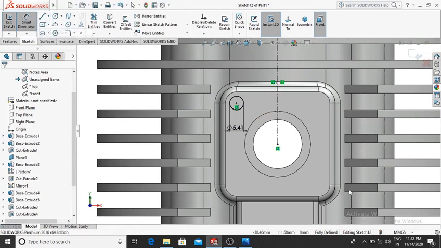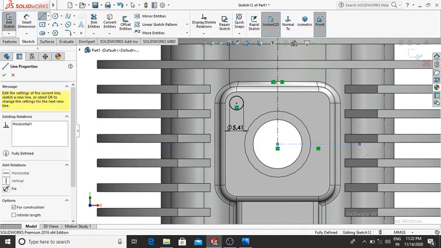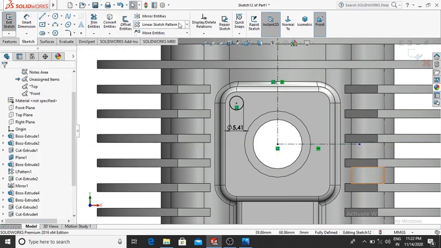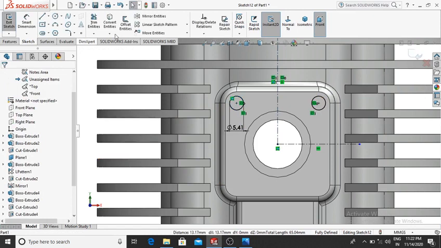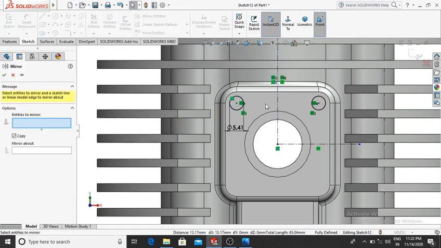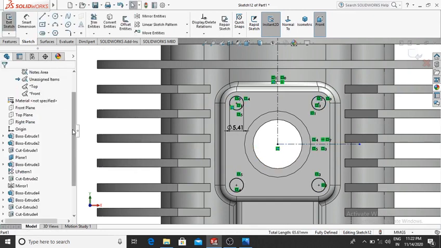Select center line and make the center line from this up to. So go to the mirror command, select this circular and mirror about this center line. Select both circles and mirror about this center line, and here we make the extrude cut.